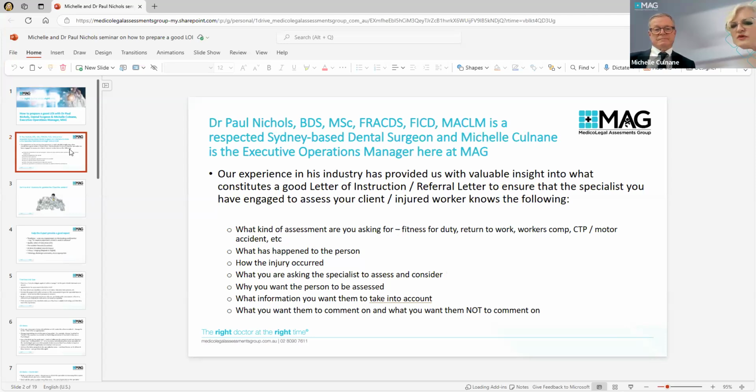It's so important. And the reason for that is that particularly in certain matters, commenting on something outside of the scope of the subject injury can affect the way the matter is progressed in a legal context and can also reset dates in an insurance matter. And not all specialists are aware of that, particularly if they're a specialty that doesn't report as frequently perhaps as others. For example, psychs and orthos are presenting all the time, but a dermatologist is perhaps not doing as many assessments. And they might think that by chipping in and offering this extra comment, they're helping you, but in actual fact, they're not. So that's why it is important to be really clear about that information.